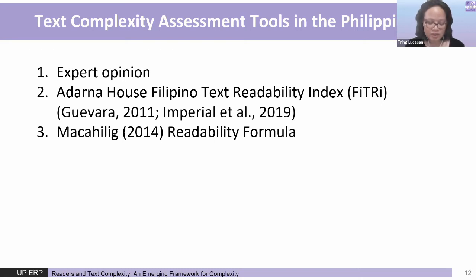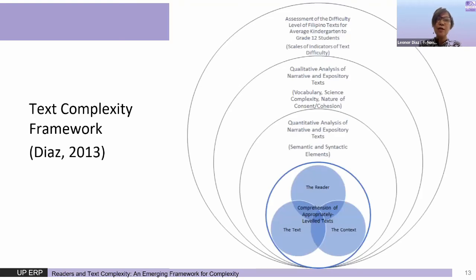The next study we will discuss also touches on text readability, but it takes into consideration other aspects of equal importance. Take it away, Teacher Nong. Thank you, Train. Since most research on text complexity focuses mostly on the psycholinguistic aspects of text, this framework attempted to highlight the interplay of the text and reader as a data source for the generation of just the right texts for particular levels. For my dissertation,